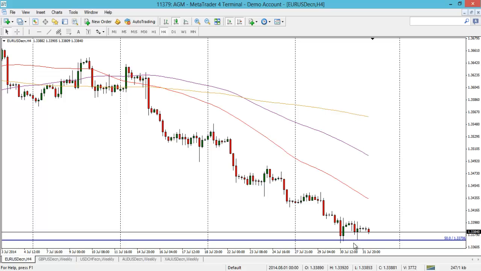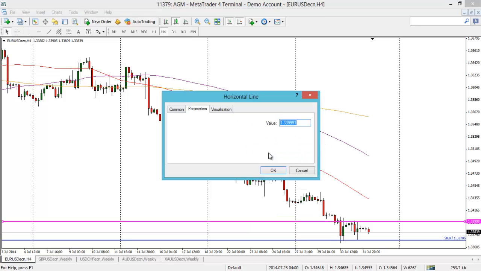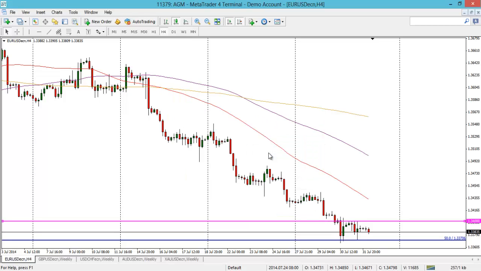You can see in terms of this 4-hour chart that we've had 3 tests off of this 50%, but failures to pop, failures to grind higher and get above this 134 marker. It's been a key level for the last couple of days, really. So if we are going to get a pop up, we do need to get above that. But if we do get a weak NFP number, then it will most definitely get above that.